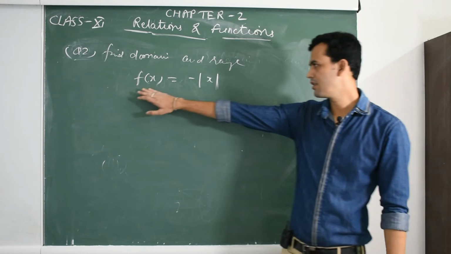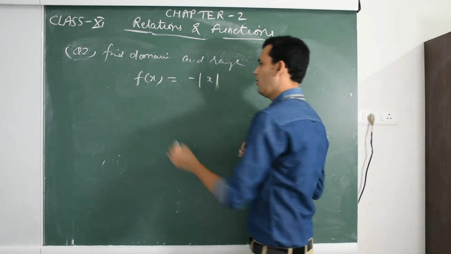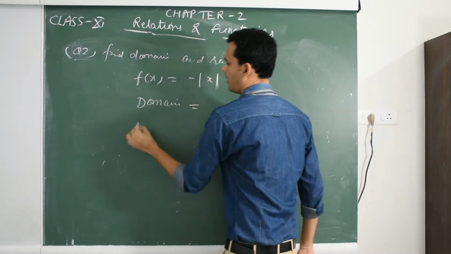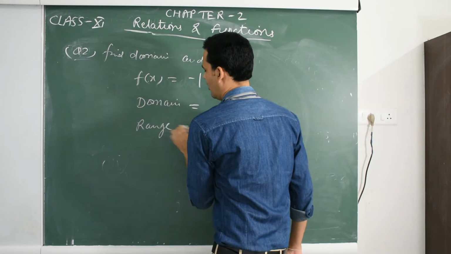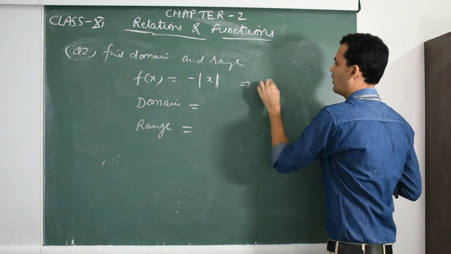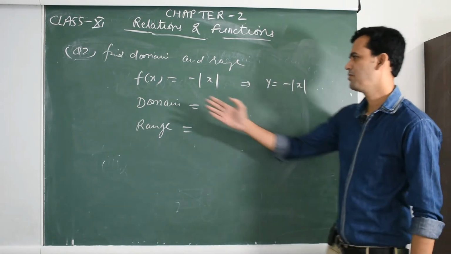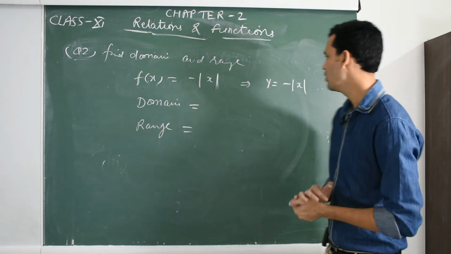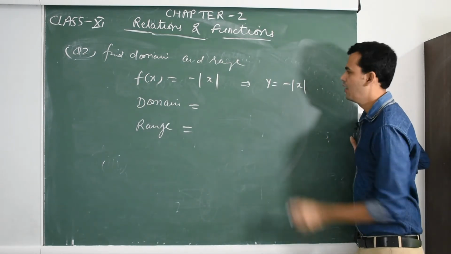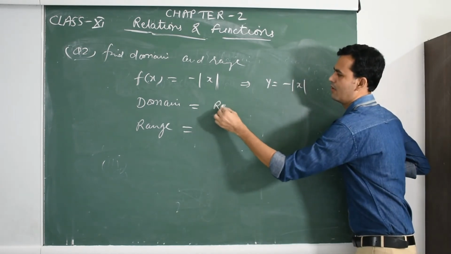This is the modulus function, an example of the modulus function, and we have to find the domain and range of this function. We simply write it as y equals minus mod x. f(x) means y. Okay. So what values do we put here as x? We have to put all real numbers